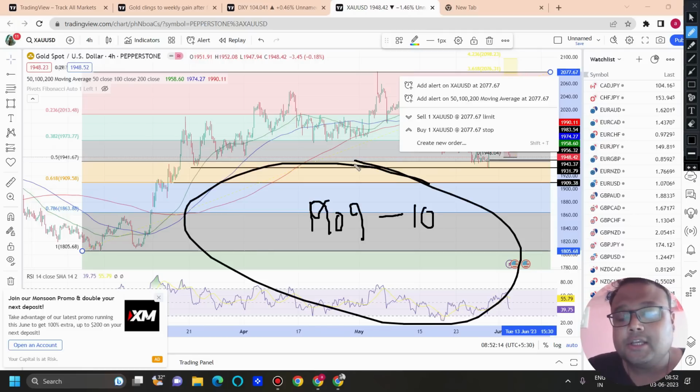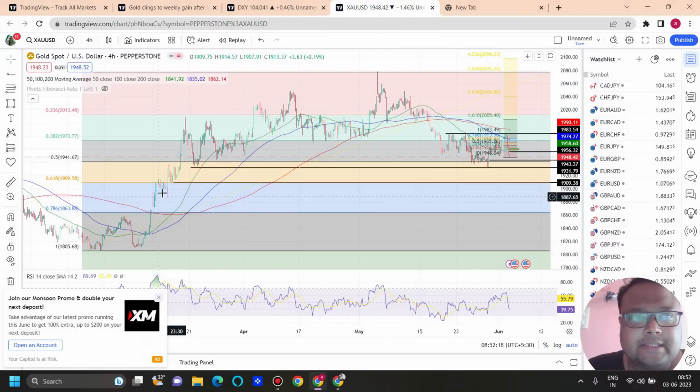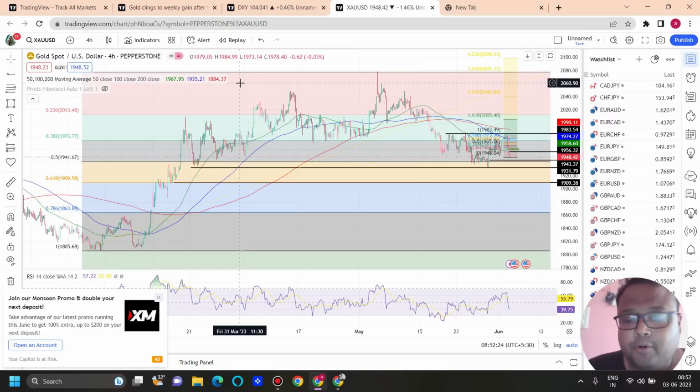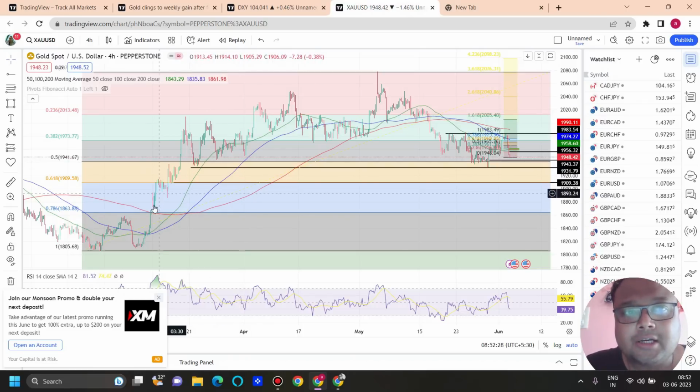This is the next strong support zone on the chart of gold. Why? Because you can see that we have the Fibo 61.8% retracement level. If we do not consider Fibo here, then we don't have any support, because we can clearly see on the chart that there is no strong immediate support here. The next best support on the chart of gold is around the 1800 level, which is far away. That's why we are only considering Fibonacci here.